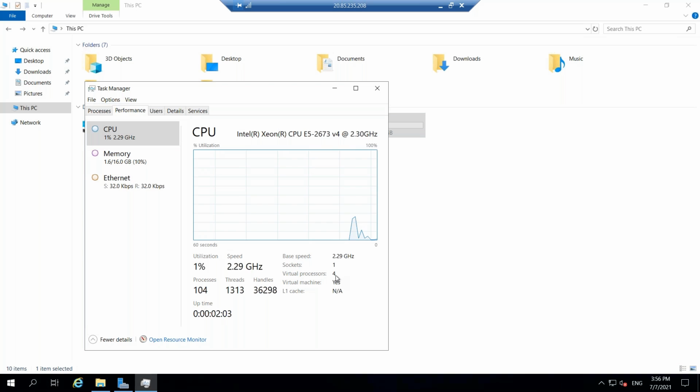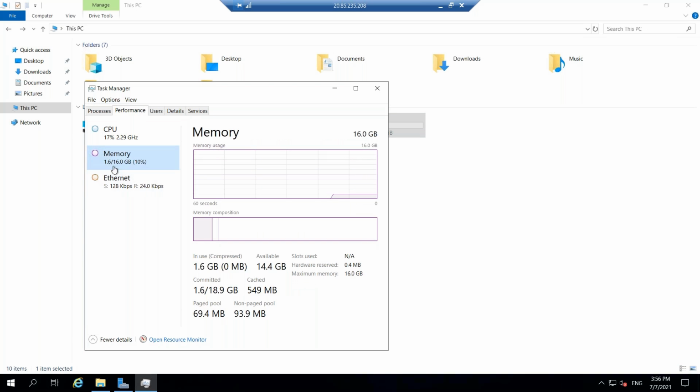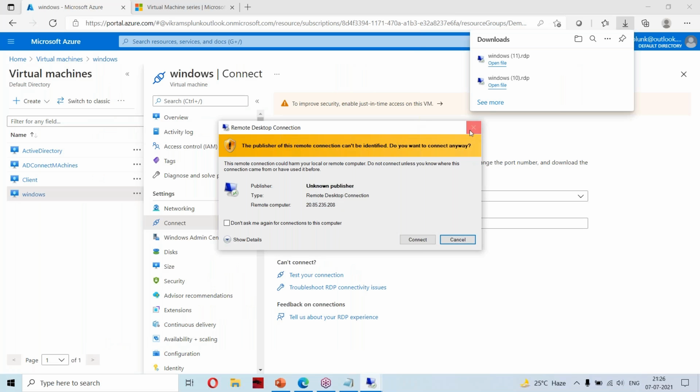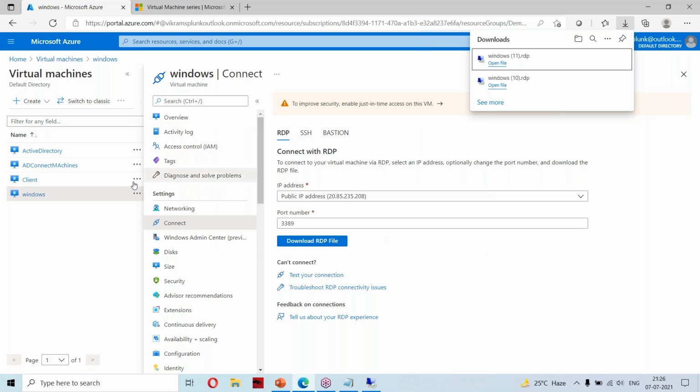You're having 4 processors. Previously we used to have only 2 processors, now we are having 4. When you go to RAM, you are having 16 GB. So here also it is verified. It is not only the change in UI.